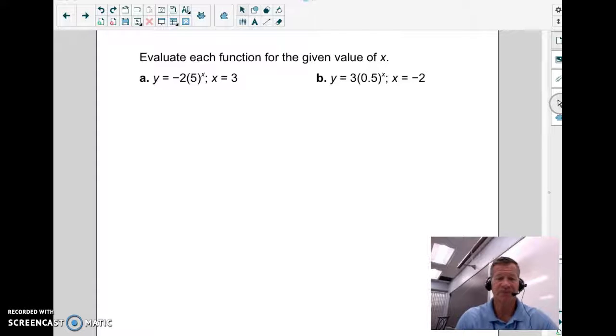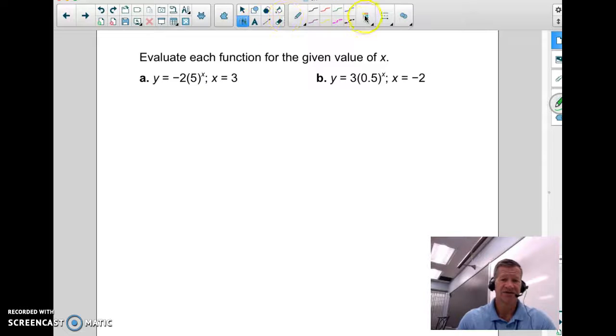All right, section 6.1, example 2. What we're going to do here is we are given an exponential function and they want us to evaluate that function for the given value of x. Whenever they say evaluate a function, what they're looking for us to do is to take this value of x and substitute it in for x to find the value for y. So evaluate means to substitute any known values into that function so you can find a value for the y